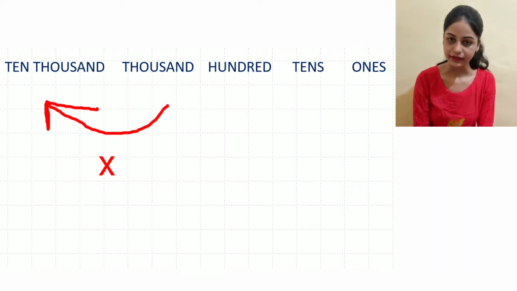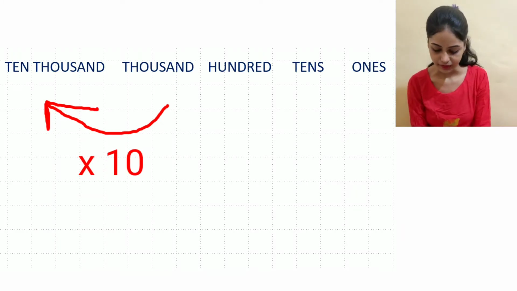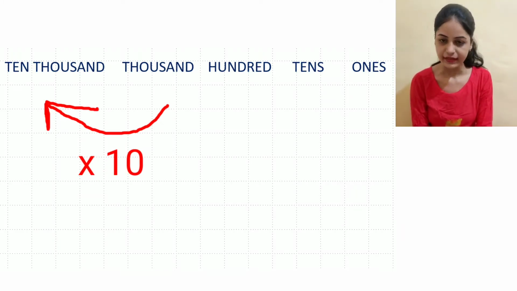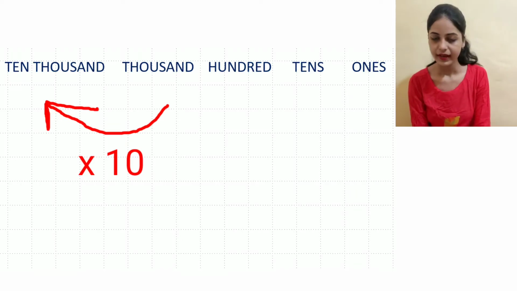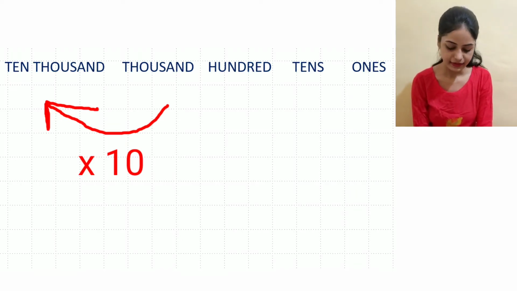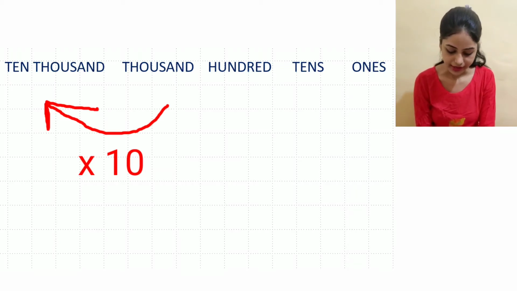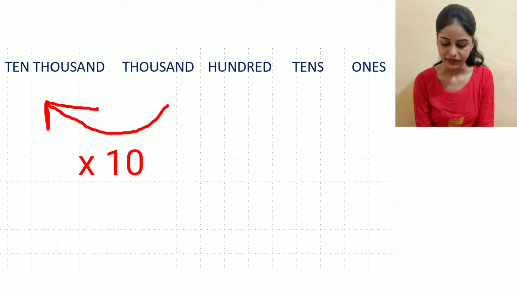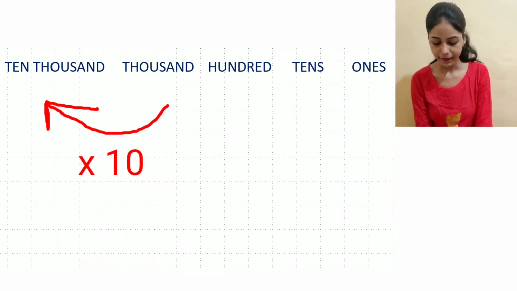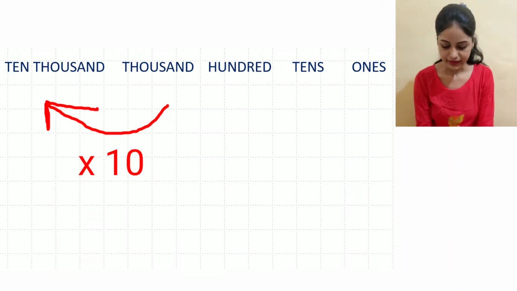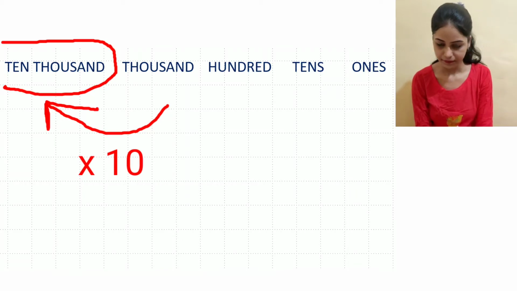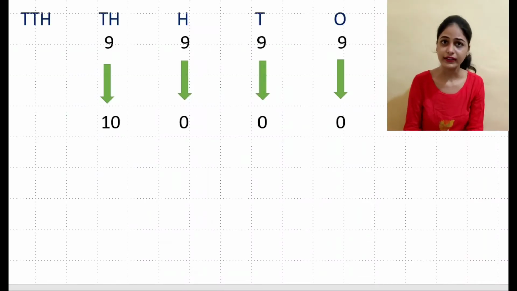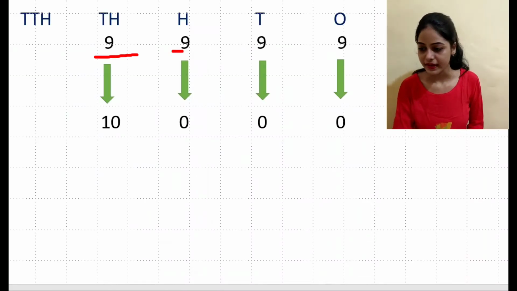I get the 10,000. This is the 10,000 place. It is 10 times the 1000 place. As we move to the left, the place value gets multiplied by 10. This is the 10,000 place. You see on the screen that this is